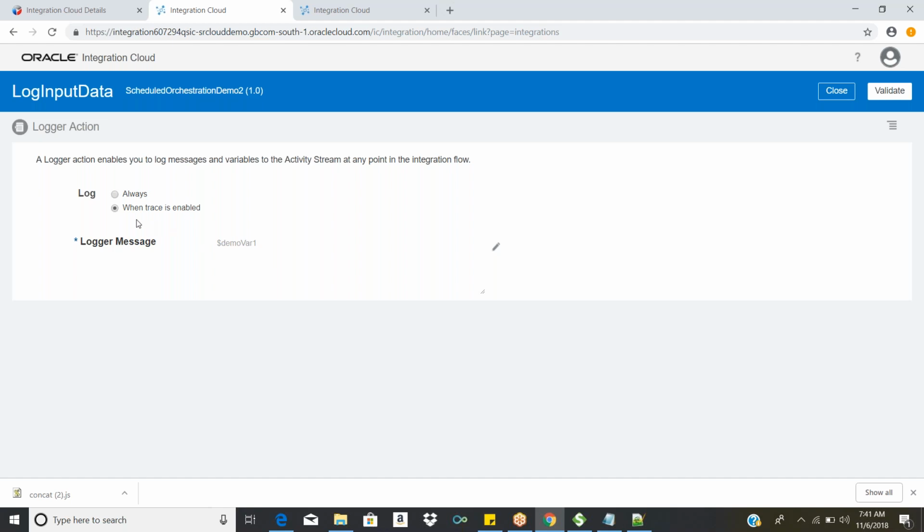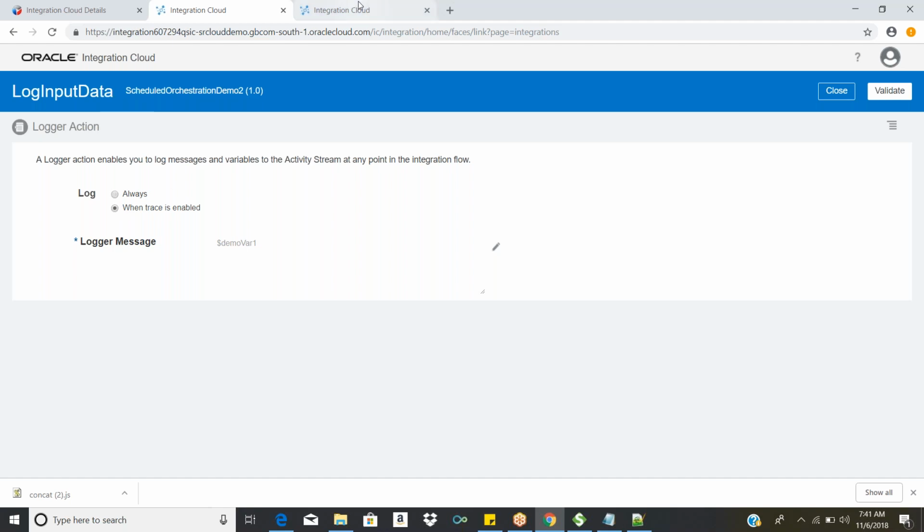At what scenarios do you want to log this value? There are two options always. That means even when your trace is disabled, this log input data will be logged into the log file. Because trace is enabled when you are activating the integration.